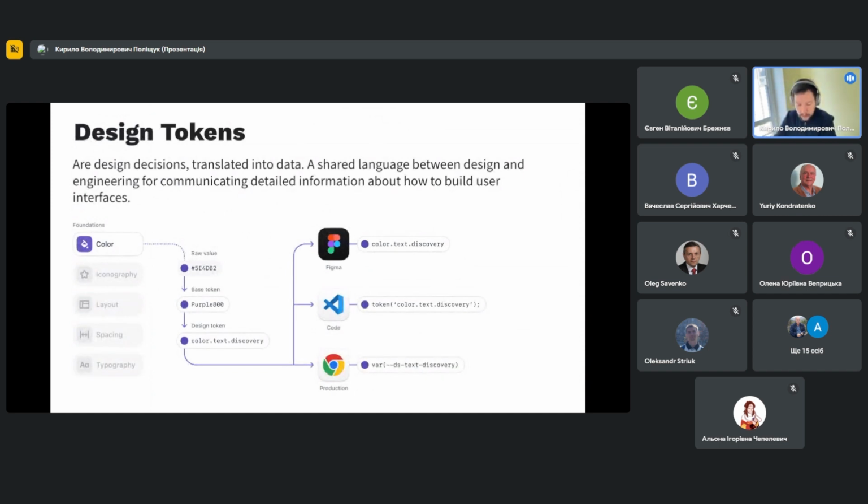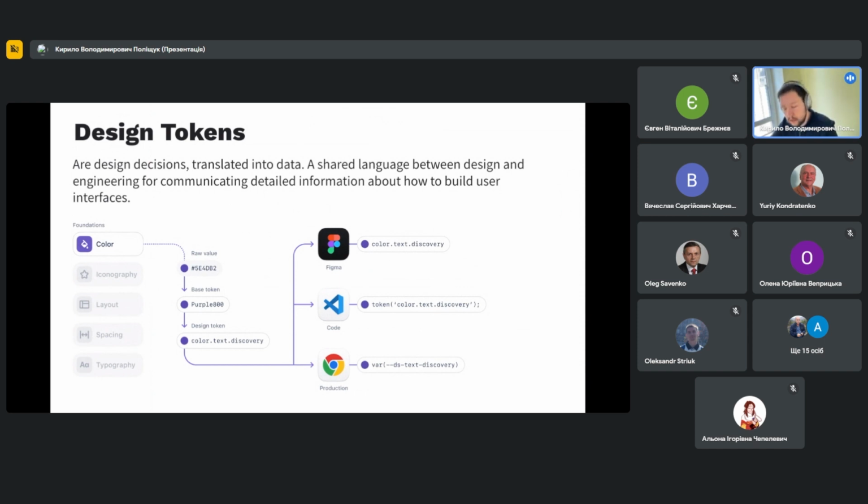So the way we may improve design work is design tokens. What is this? It's a standard. Actually, it's not a standard. It's a JSON file, JSON data that exists as an outcome of the designer's work. So not only visual information, but some metadata of it. So design tokens